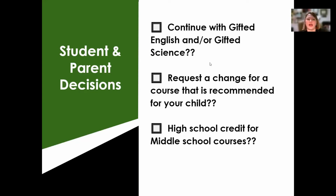However, if you are a current 8th grader or 9th grader who is eligible for gifted, those are certainly some options that you'll see in your academic planner, but a conversation you definitely want to have together as a family is if you're going to continue with gifted coursework in English or in science. You also want to